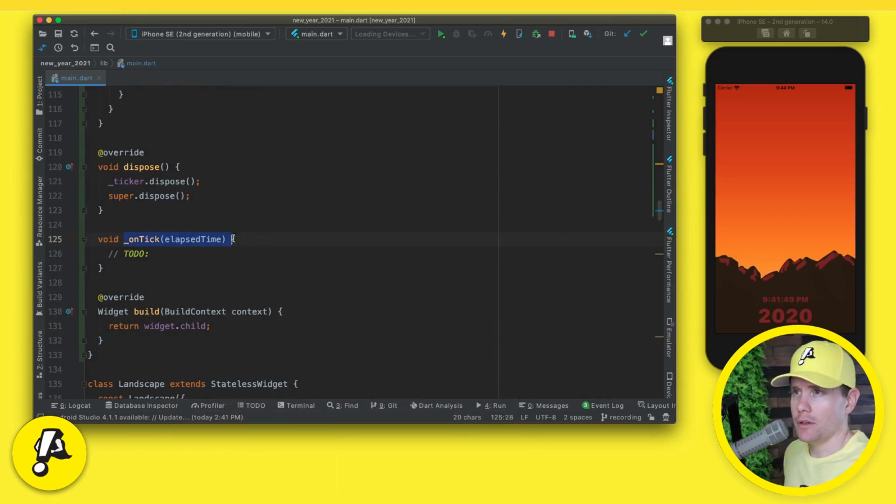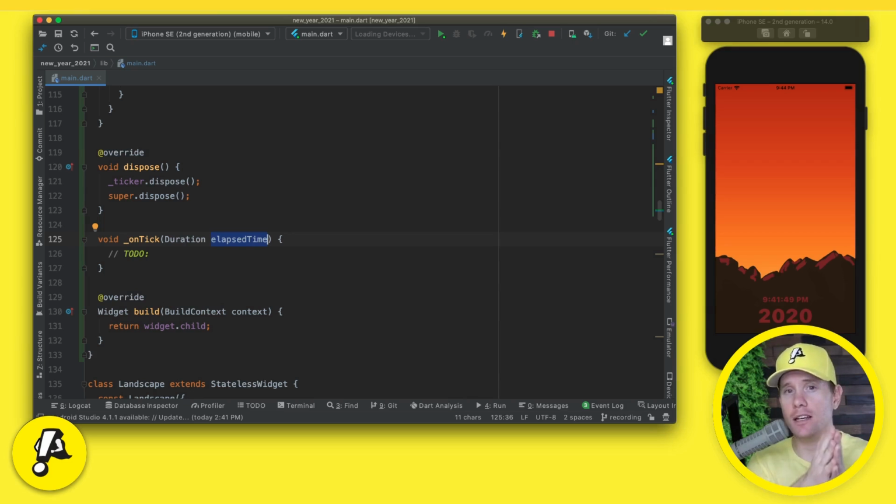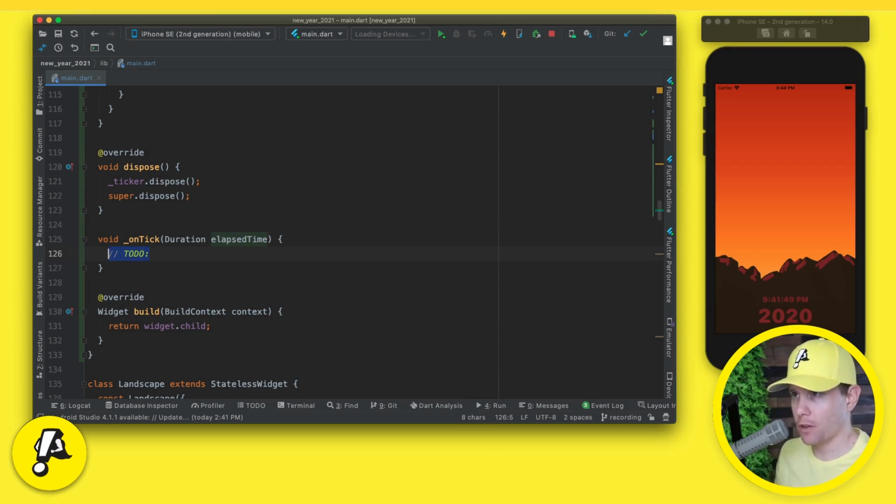Now, every time that the clock ticks, what do we want to do? This elapsed time, by the way, is a duration. And you might think that elapsed time is the amount of time that went by since the previous tick. That's not true. Elapsed time is the total time that has passed since we started our ticker, which means elapsed time is all the time that's gone by since initial time. Okay, so with that in mind,